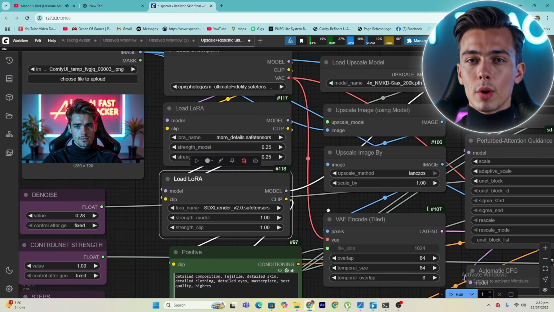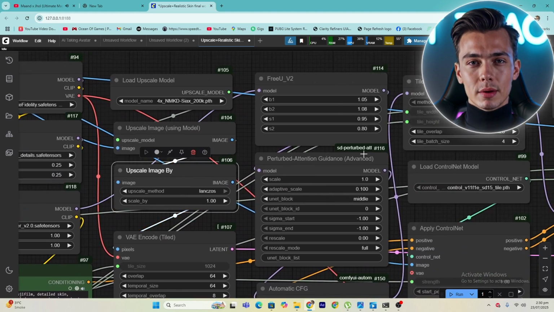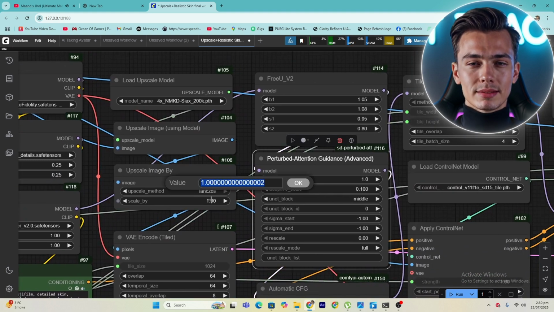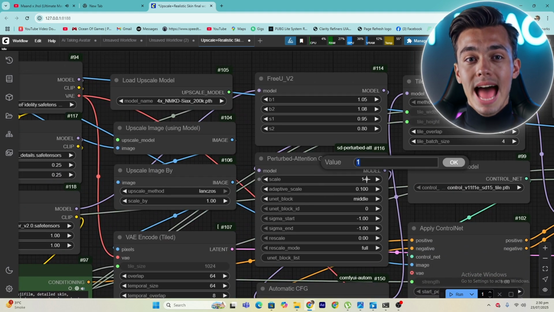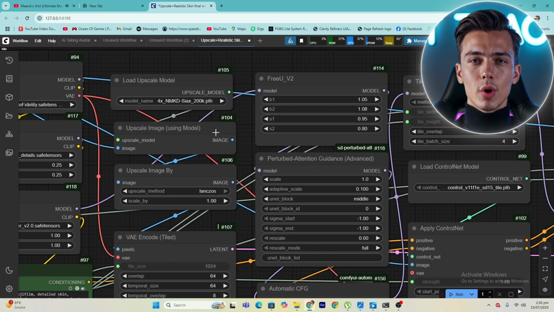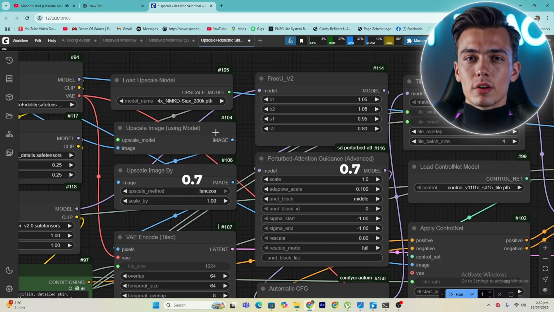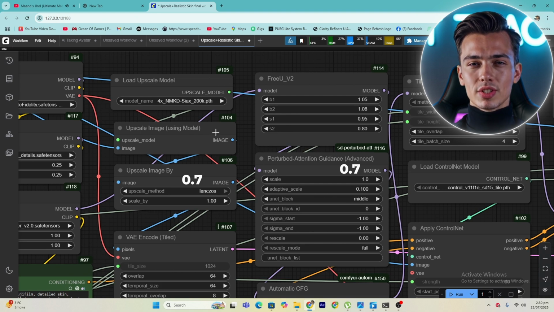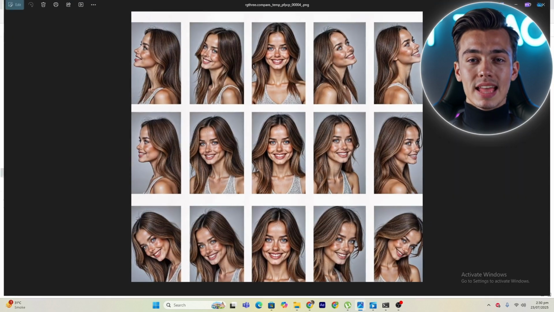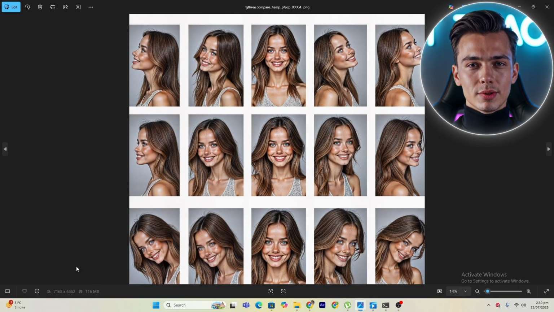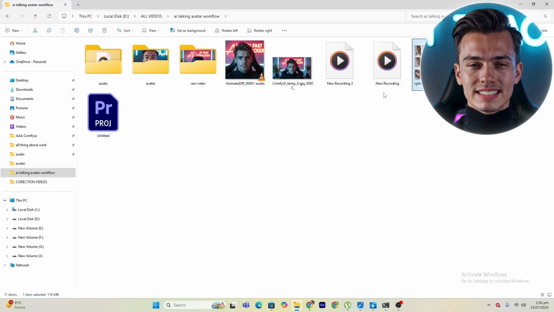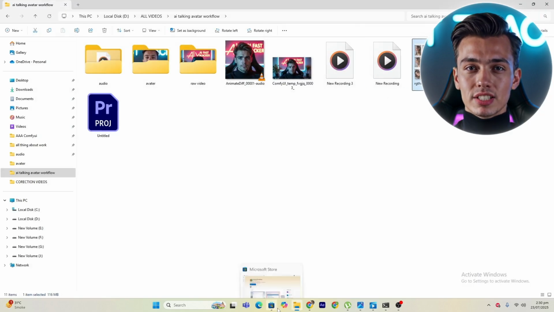Now let's talk about how you can control the upscale value. There are two options to control the upscale value. You can go as high as you want, but don't go below 0.7 and 0.7 on both nodes. Below this, it starts messing up the image. If your image is already in 4K resolution but you just want this realistic skin, then first downscale the image, then use it.